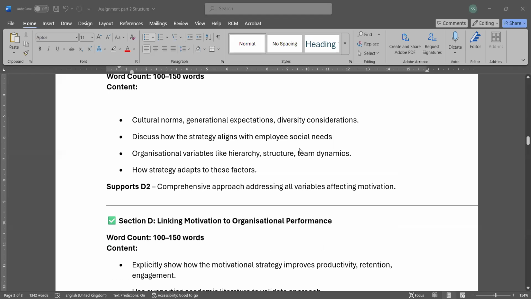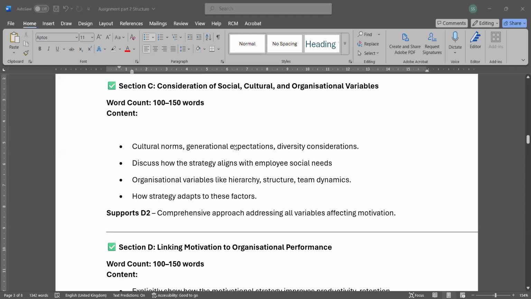So basically, this will be a very well-rounded strategy when you include all these elements. In other words, we can say this is a comprehensive motivational strategy